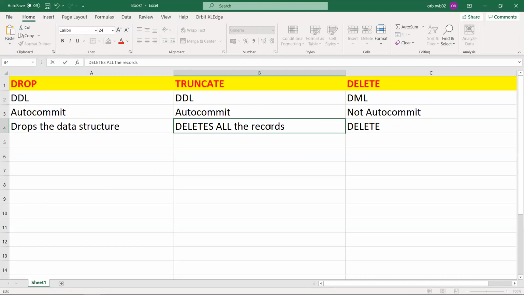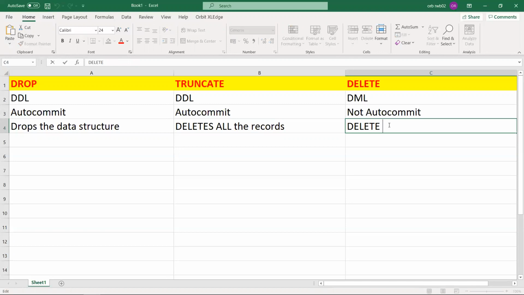Let's say I want to truncate a particular employee number, like employee number 100, and I want to truncate only that particular record. It is not possible. Truncate is like we are truncating all the records, whereas delete deletes a particular record or all the records.